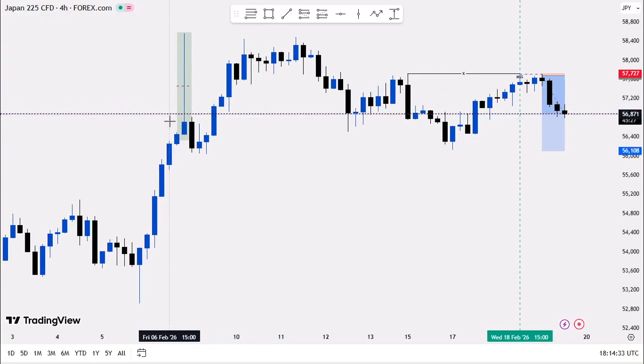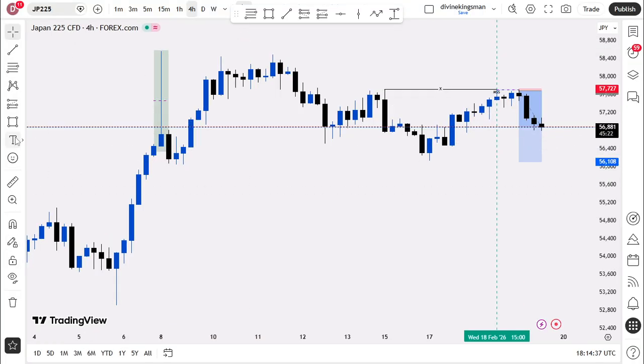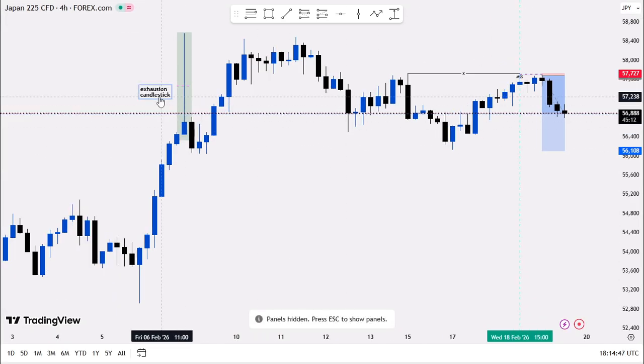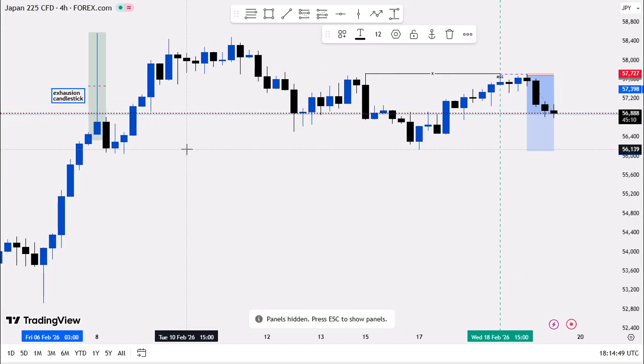So you can see this is an exhaustion candle. Let me write that. Exhaustion. So this is an exhaustion candle. So you can see the way it is. You can see this massive